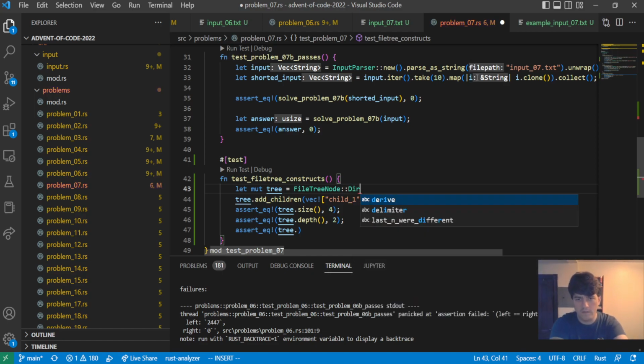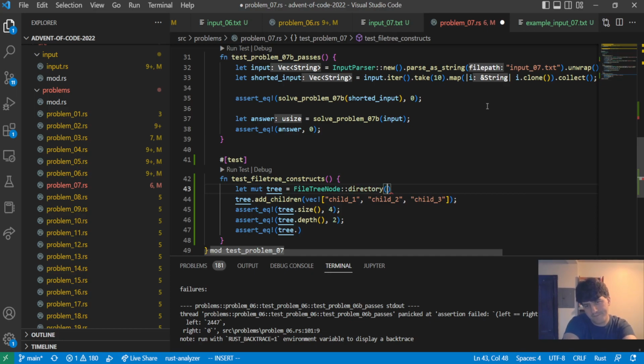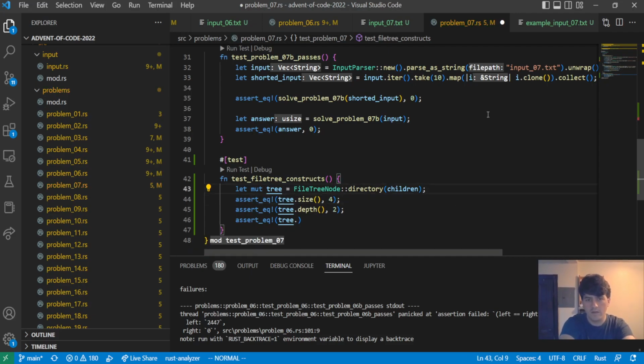File tree node directory. So maybe we say directory children, and then this becomes